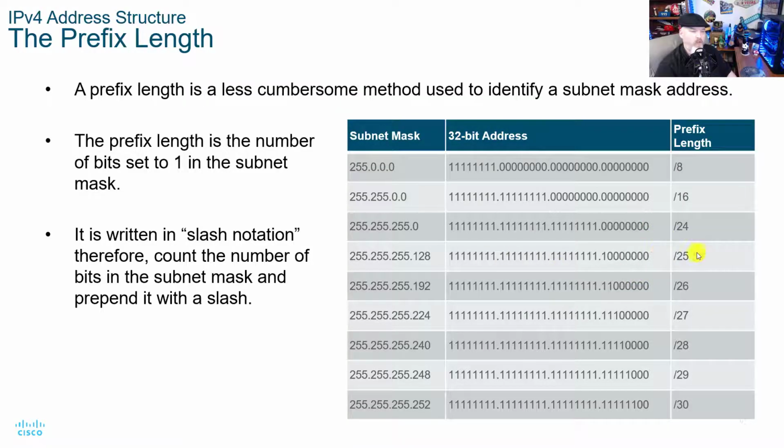So we have a /24, /25, /26. That just means that we're moving the network one bit over each place. If we had a 1 right here, that would be a /9.